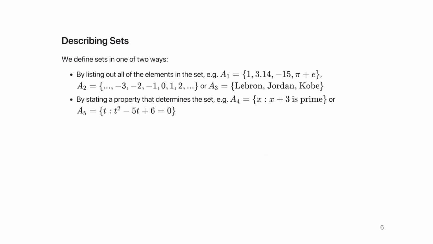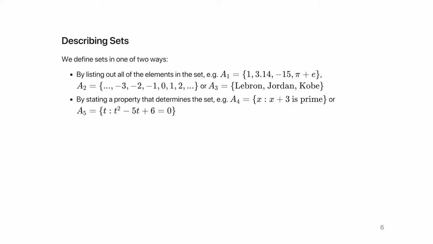Good question. So as I mentioned before, there are two ways. There's the first way we can define the elements of a set, right? We can list them out, right? So for example, here we have A1 is just this finite collection of numbers. There's no dots anywhere. A2 is the same set we saw before, the set of integers. And A3 is the set of some basketball players. Okay, so as I mentioned before, it need not necessarily be mathematical in the way you're used to.